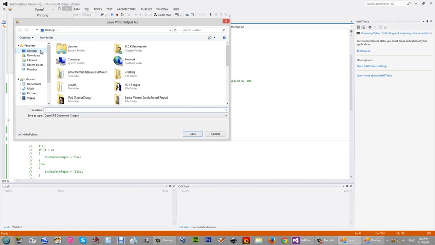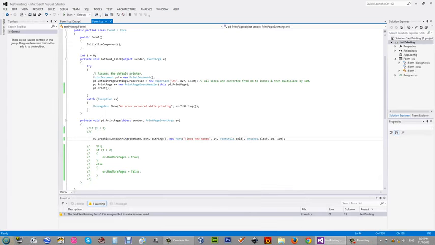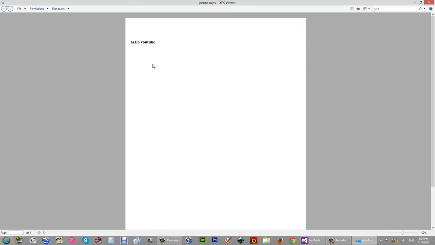So I am saving my printing output to the desktop. I will give the name as print A, then save it. Then we can see whether it's printed or not. Now you will see the text we input in that text box is printed in this document.